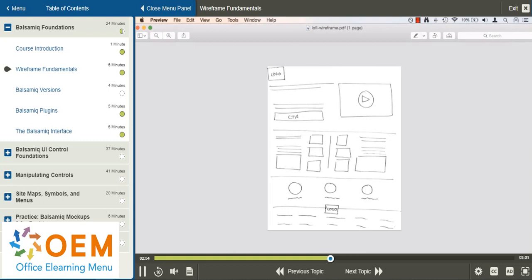Then on the opposite side, high fidelity wireframes, those are generally, so if we can have a look at one of those,